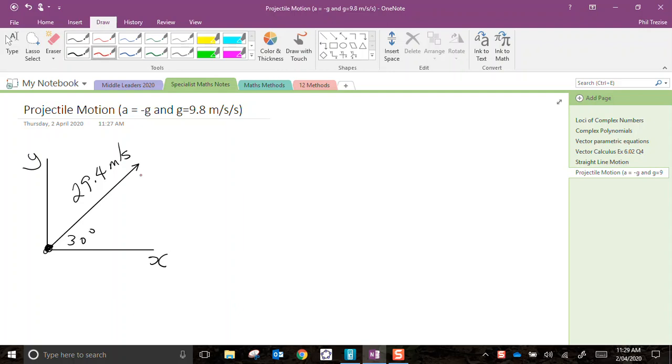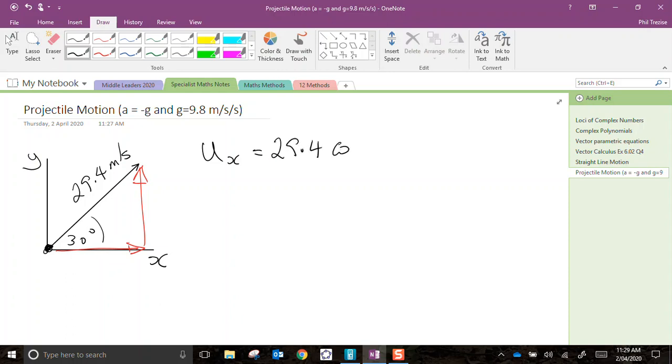Now our first task is to calculate the x and the y component of this initial velocity. So that's a very straightforward trig question. So using u for initial velocities and subscript x, I have seen people say v0, comma x to mean the same thing, where v0 is initial velocity. I find that a little bit more cumbersome to write, but be aware of it. So horizontal is a cosine ratio of our angle,